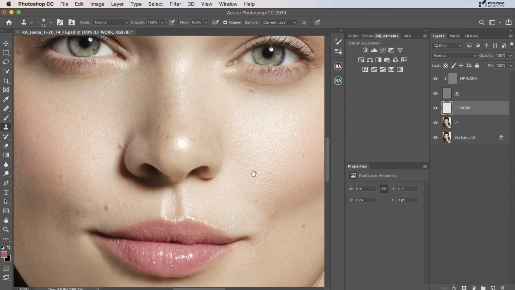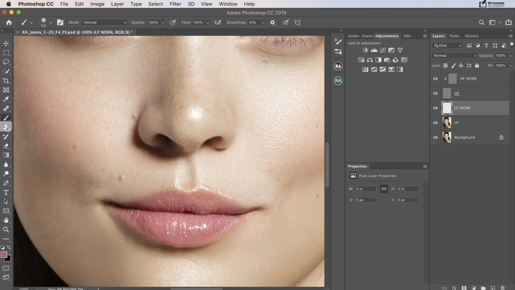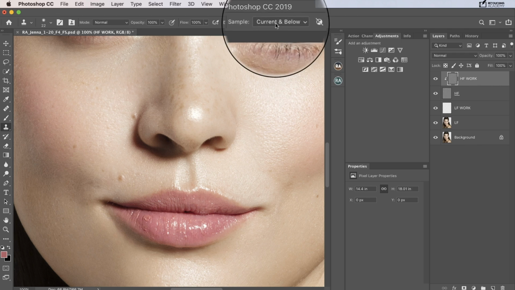You can use the brush tool or the clone tool or the healing brush tool. Just make sure that the clone tool is set to current and below and that the healing brush tool is set to current and below. For working on the high frequency layer, you're going to want to make sure that your clone tool is set